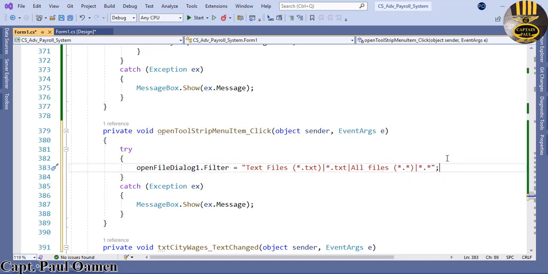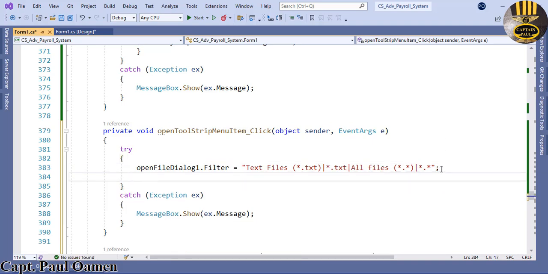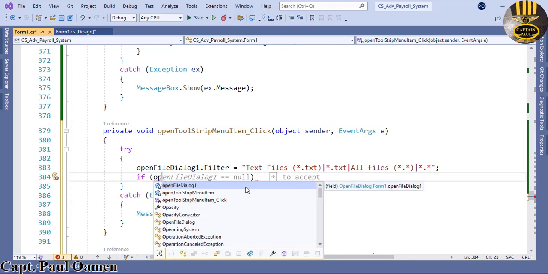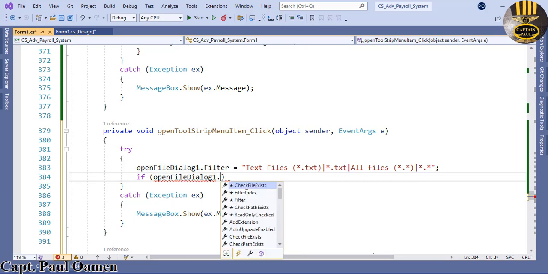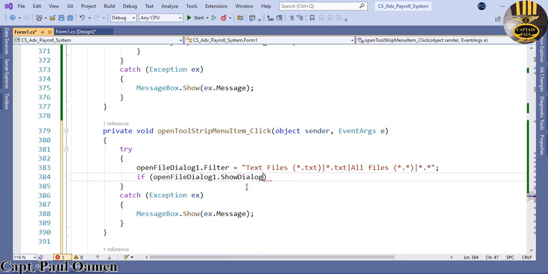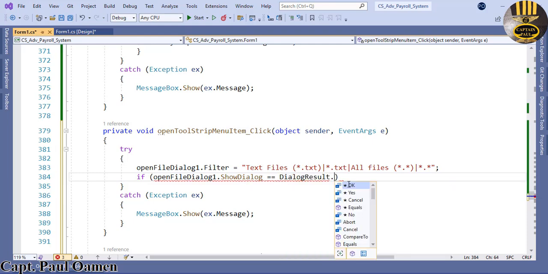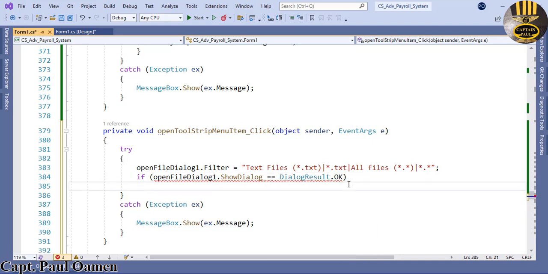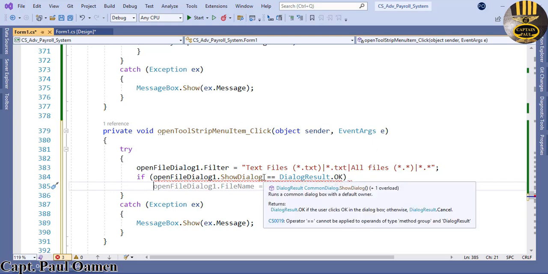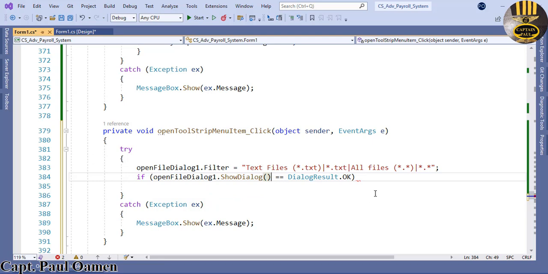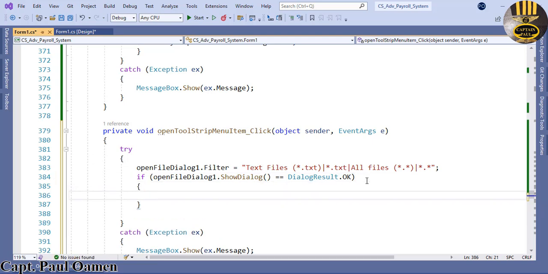Right, and now we use an if statement here. If the open dialog dot show, if that is equals, let's say, DialogResult.OK. If that is okay, then let's put parentheses here. Okay, if that is that, then we want the following: